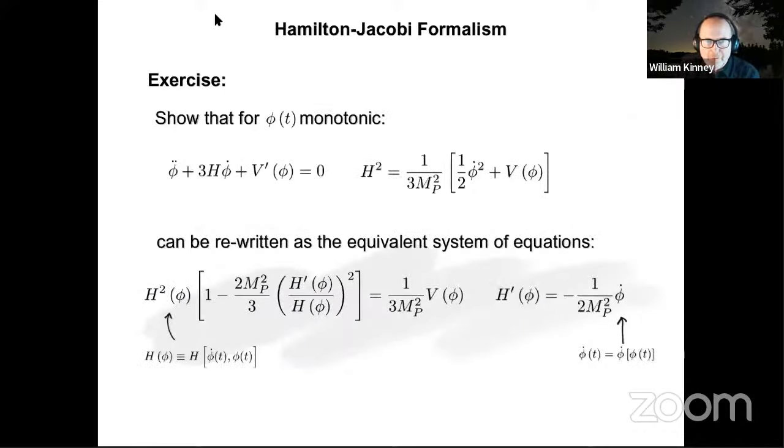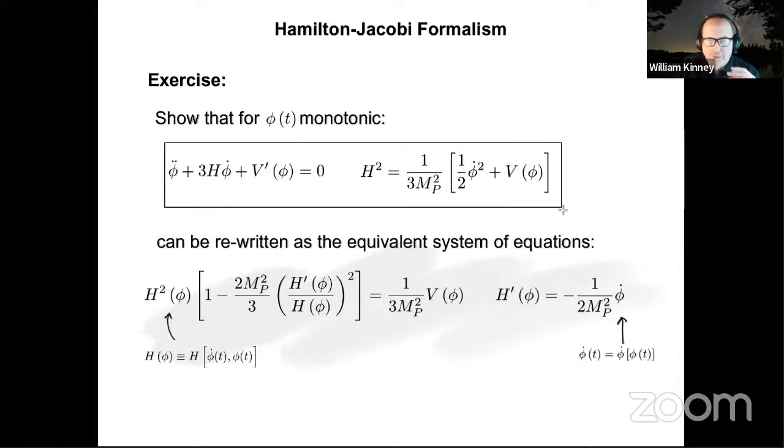So here is the first exercise for the students. Here is your basic equation of motion that we derive basically from the classical field equations for the scalar field. You have this nonlinear equation of motion with a drag term where the drag on the field is proportional to the expansion rate, and the expansion rate is proportional to the Hamiltonian. Notice here, I'm not making any approximation yet. I have not made a slow roll approximation. This is the exact system of equations.